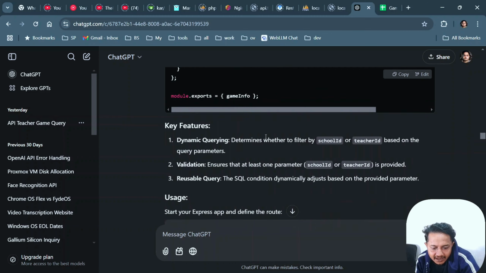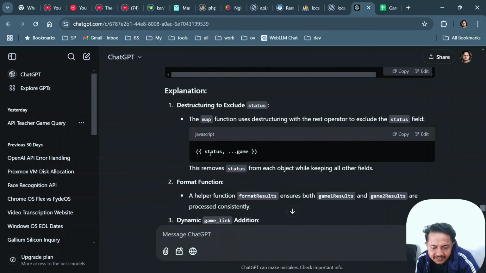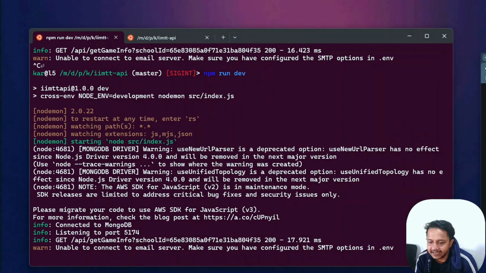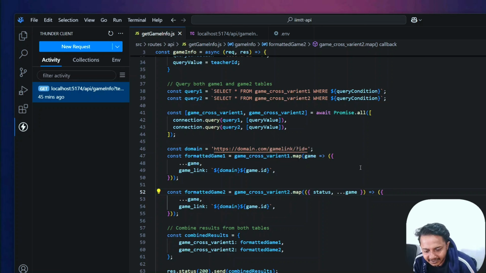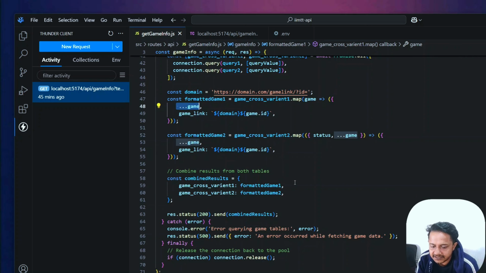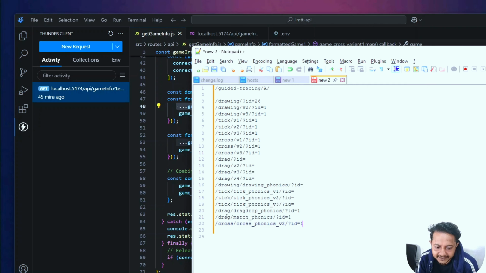The next iteration I have asked that I need to remove this status published. It has removed the status. So all the desired modifications, it is capable of providing all those updates. As you see right now, the code looks like this. As a lazy programmer, I do like copy and paste a lot. So as you see, the map functionality and the spread functionality, those are pretty good code it has provided. And see, this is the sample example, and I will have to put much more information to it. Like here you see I have near about 19 data sets and tables I will have to provide.